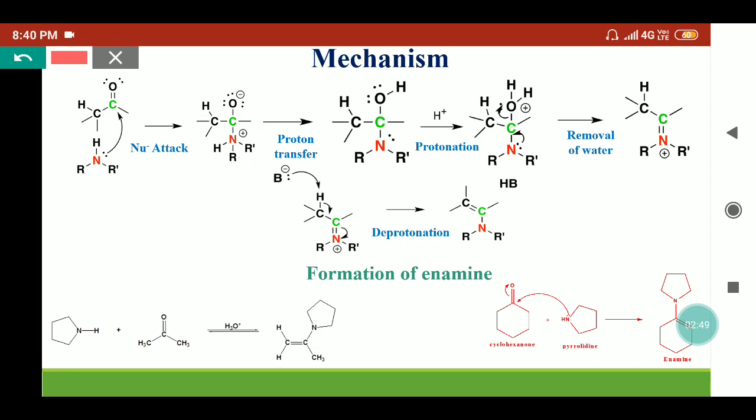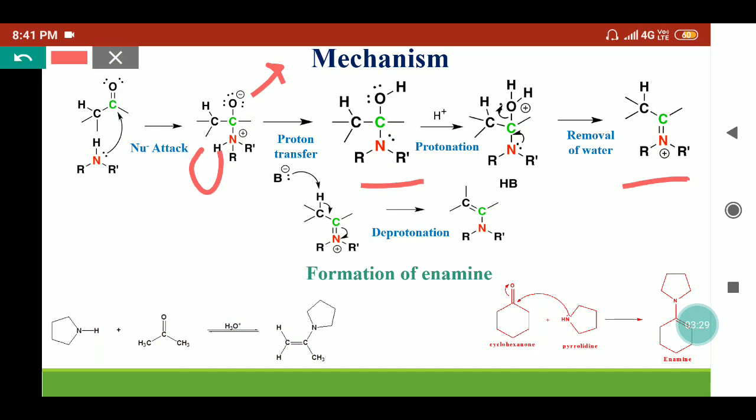After the nucleophilic attack, an intramolecular proton transfer reaction will take place because nitrogen has 4 valency, so this proton will move towards this oxygen. So here we'll get this adduct. Now in presence of acid catalysis or protonation, this proton will go to the oxygen's lone pair. So here OH2 positive will form, and because oxygen cannot retain the positive charge for long, it will be released by the formation of C double bond N. So here the water is removed, forming the C double bond N, where the nitrogen also contains the positive